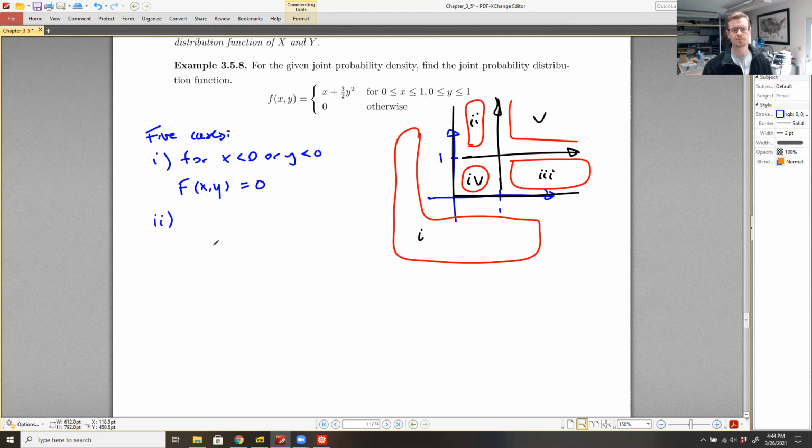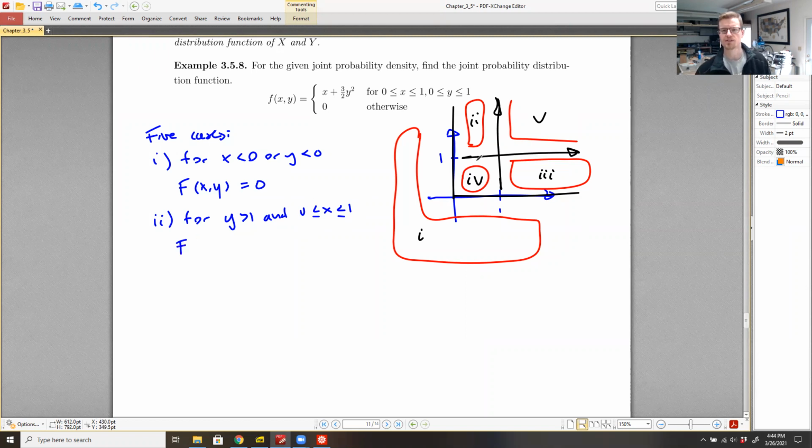The next condition, or the next area, would be up here. So where we have y values greater than 1 and x values between 0 and 1. Actually, allowing for equality there would be fine. For y values strictly greater than 1, and x values between 0 and 1, then what we would have